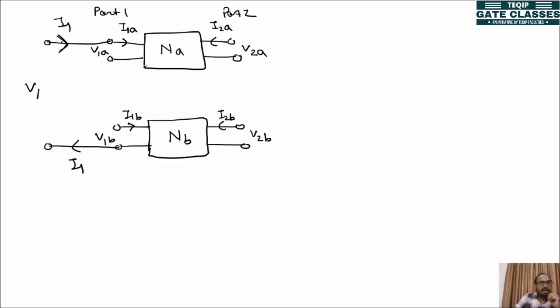And also this is equal to I1A. You can see this is equal to I1A. Now I1A will be equal to the current here, and to reach here, this current must come from here to here. So we can connect it. Now in port 1, the current is the same throughout the port. I1 is equal to I1A, again here I1B, and finally again I1. So for this series connection, we have to connect it like this.